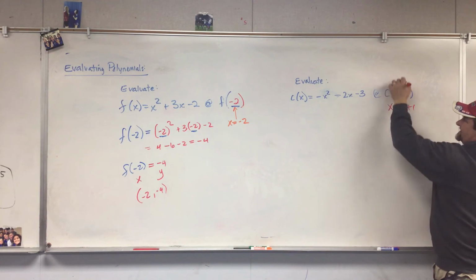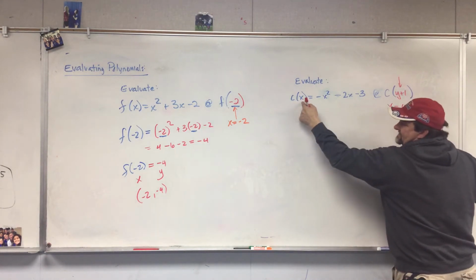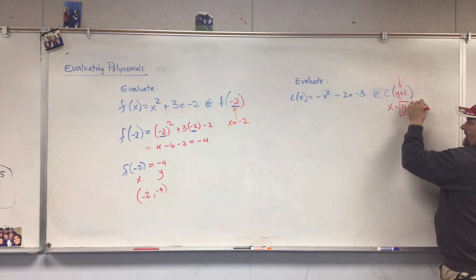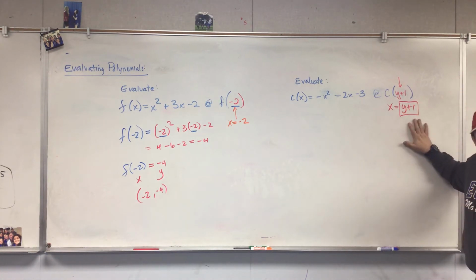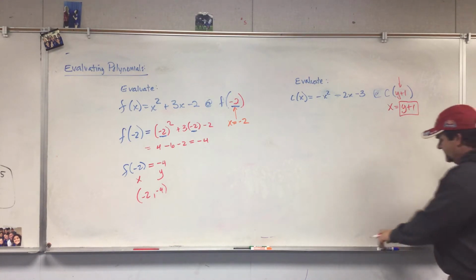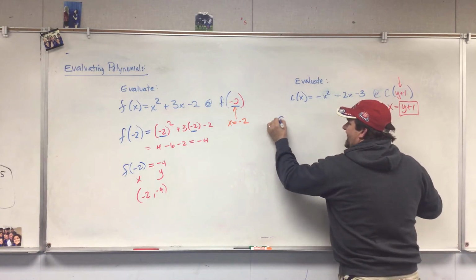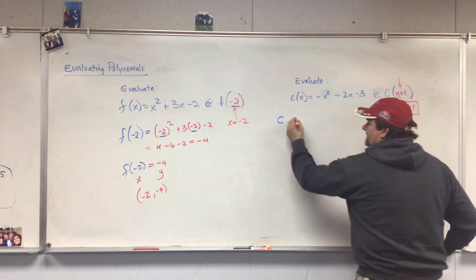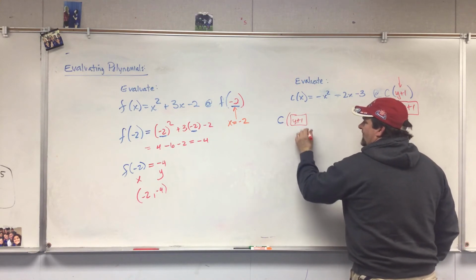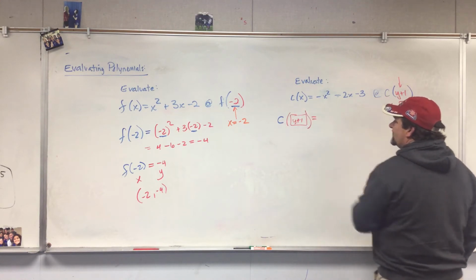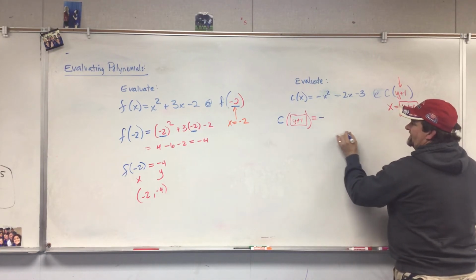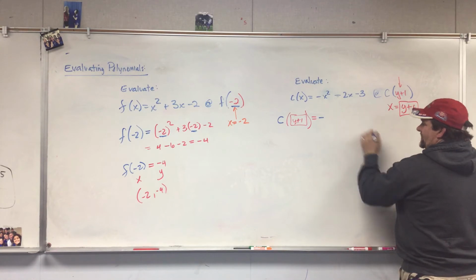We know that x, because it's c of x, so anything in that parentheses, I'm just going to put a square around it. Okay? Normally you don't have to do this, but I'm just going to do that for you guys. So x is equal to y plus 1. So let's deal with this. So that means c of y plus 1 is equal to, I'm going to write this thing out here, negative,